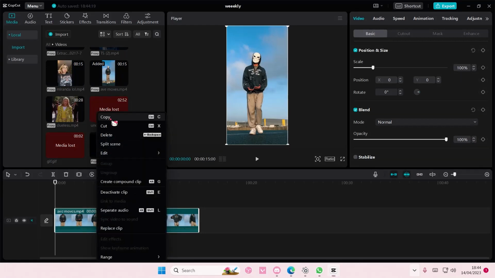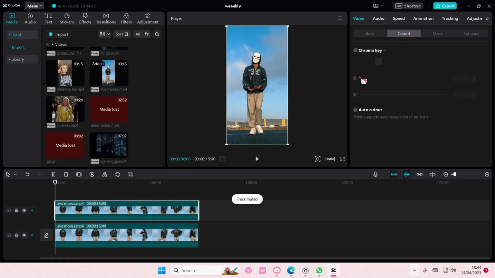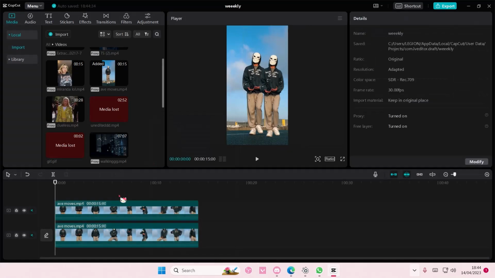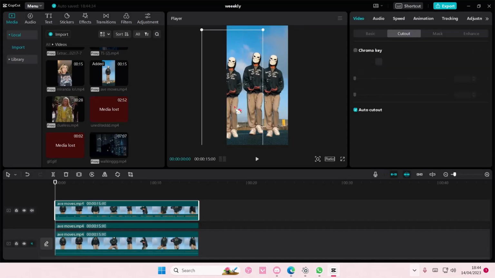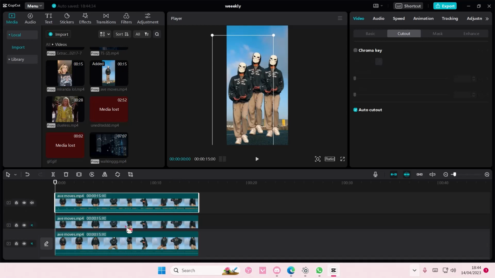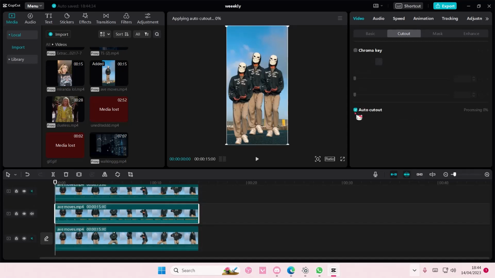Right click copy, right click paste. Then on the second video you're going to select cutout and you're going to select auto cutout, and you're just going to place it to the right or to the left, and you're just going to keep on copying and pasting that like so. If you want the first video to be at the front, you can put it